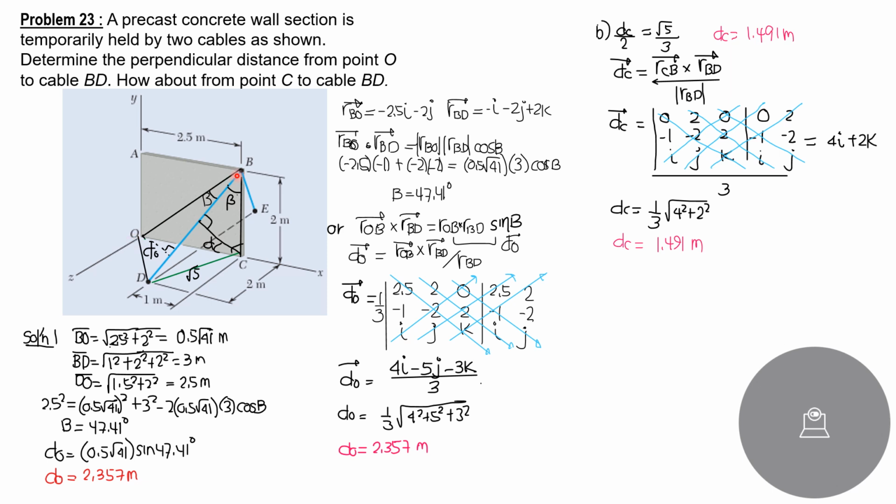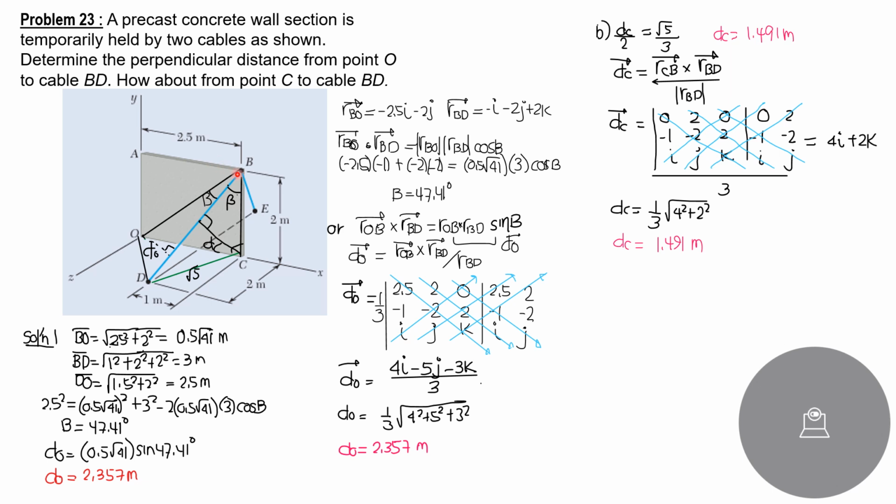plain trigonometry first, because we can compute the lengths of the sides of this triangle OBD and then apply cosine law to solve for B, and also dot product to solve for angle B. Then after that, because this is perpendicular distance, we can consider a right triangle with OB as hypotenuse. So DO is OB sine of angle B. And this angle here, I'll call that beta also. So BO is